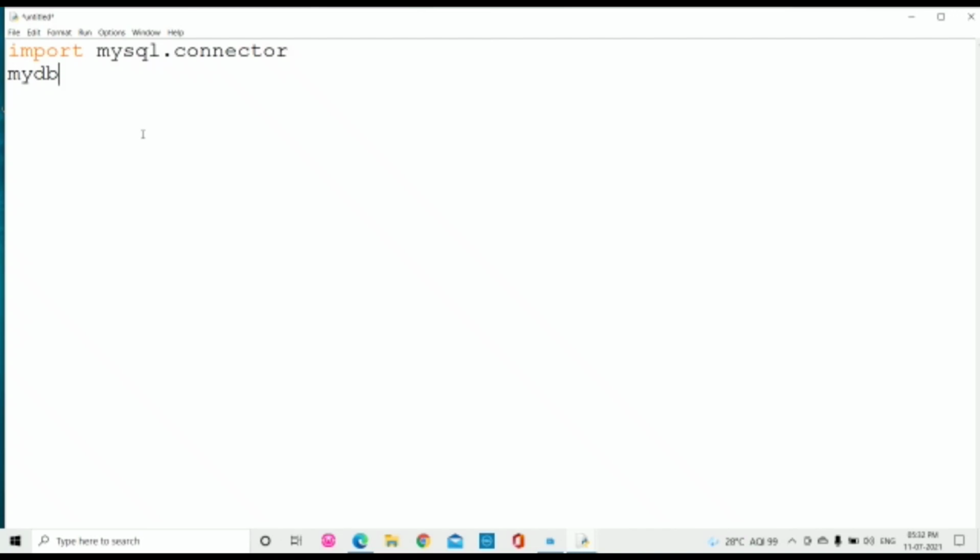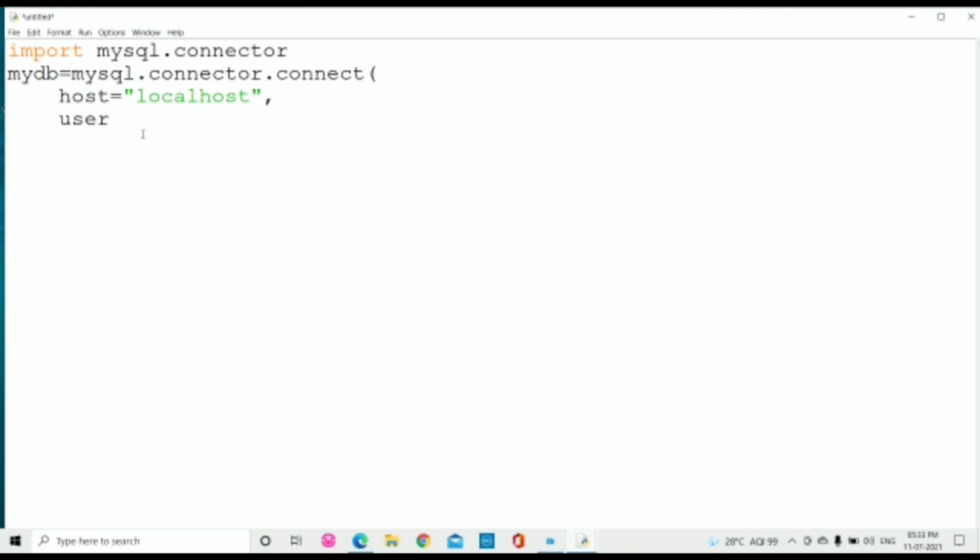Let me have mydb, a variable where I am connecting, mysql.connector.connect. I am connecting using the host, username and password. Let me go for host. What is the host name? As we saw, it was localhost. And comma, the username.